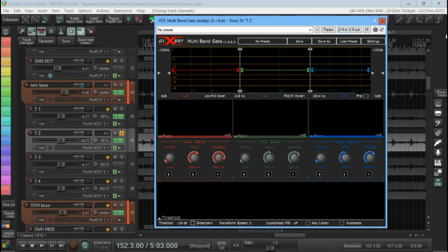Now what I'm going to do, I mean, I could spend hours and hours and hours going through this plugin with you, all the different things that it can do. What I want to do very quickly, I've got a tom up here. Aaron described this originally as that he wanted it to work with toms where he could create the long low end ring out of the tom, but cut off any cymbal bleed that came in on the high end. But believe you me, it's way more useful than that. Snares it works amazing on, kick drums it works amazing on. But just to keep